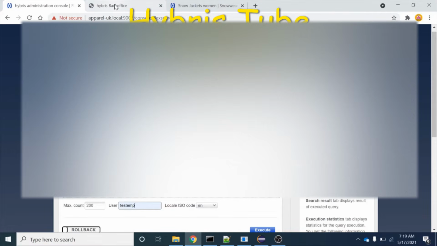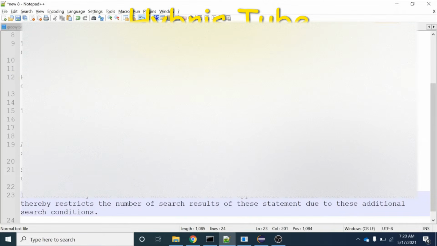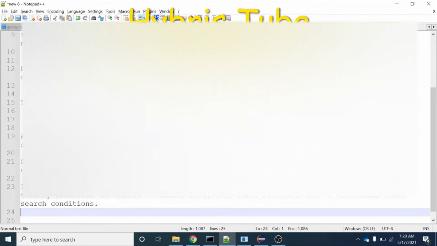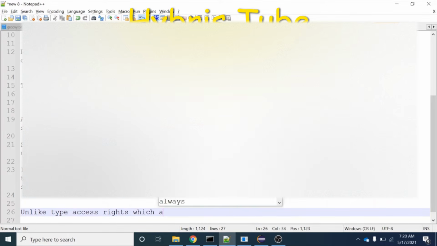when we created this restriction, and when we fired this query select star from customer, right, the system automatically appends this restriction in the where clause, right? And this is what I have written. It automatically adds them to the where clause of all applicable flexible search statements. Right, so I hope this is clear to you, and we can write one more thing. Unlike type access rights, which are only effective